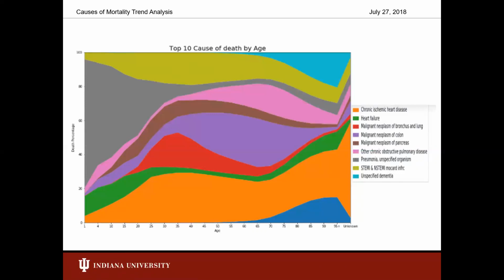Another example is dementia, which is in blue. It's seen mostly in older age groups, which confirms that this chart shows that after 70, dementia is more prominent than in the rest of the age groups out here.